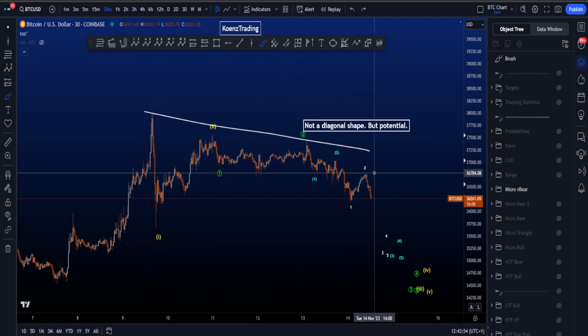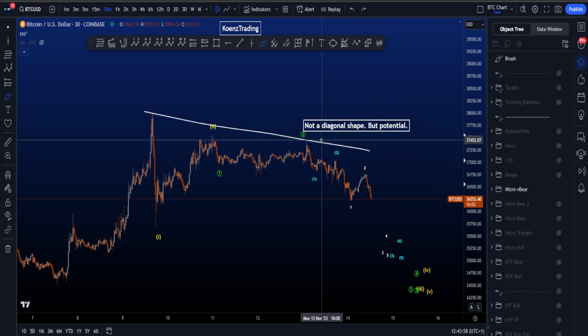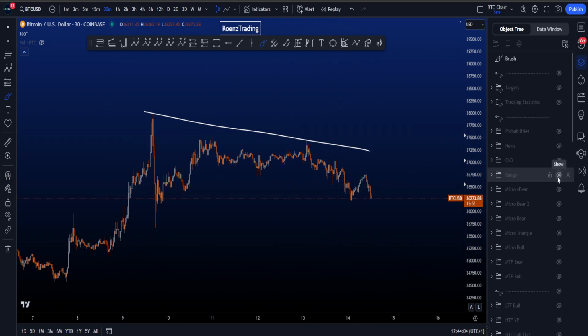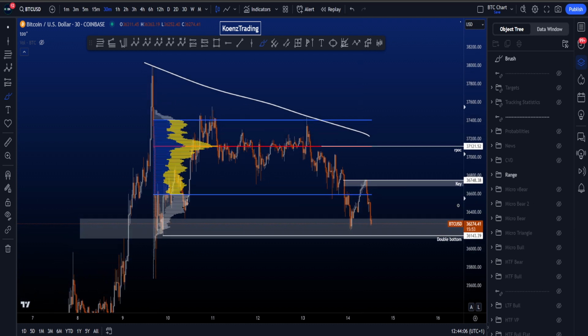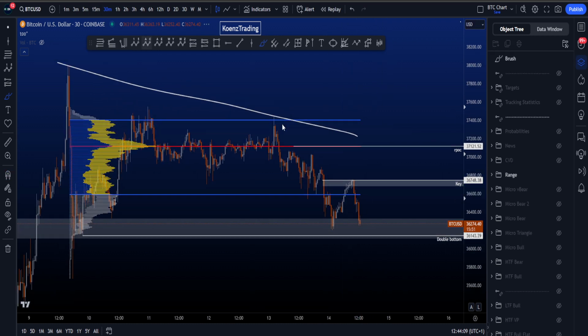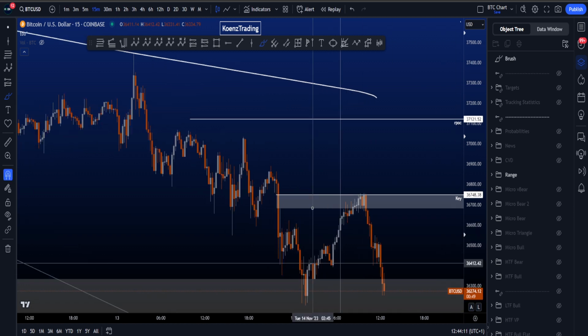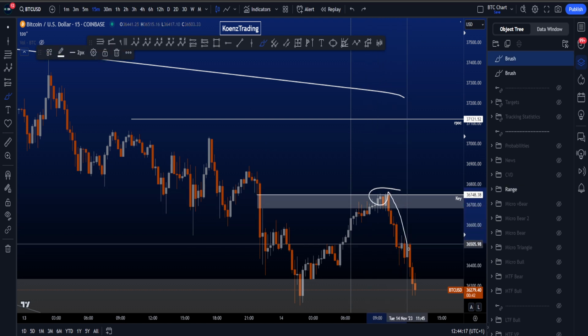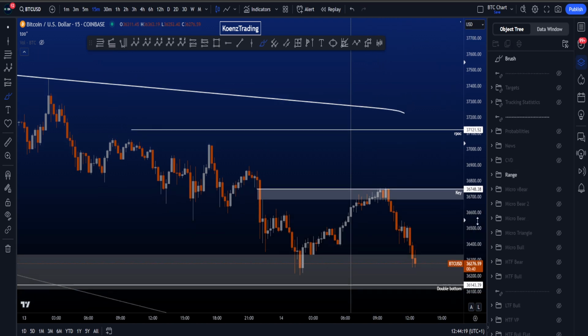So it's not a great looking multiple 1-2 scenario, but it still has potential, because it's not a must, but it can happen that it forms like this. Now, if we look at the range over here, then price moved to the upside. And what's interesting here is that it filled this little 15-minute gap to the T over here, hitting the high very nicely indeed, for then a move towards the downside, where now we are